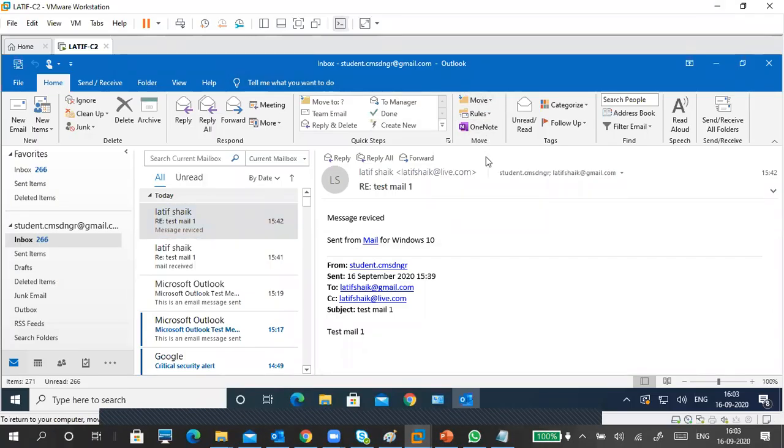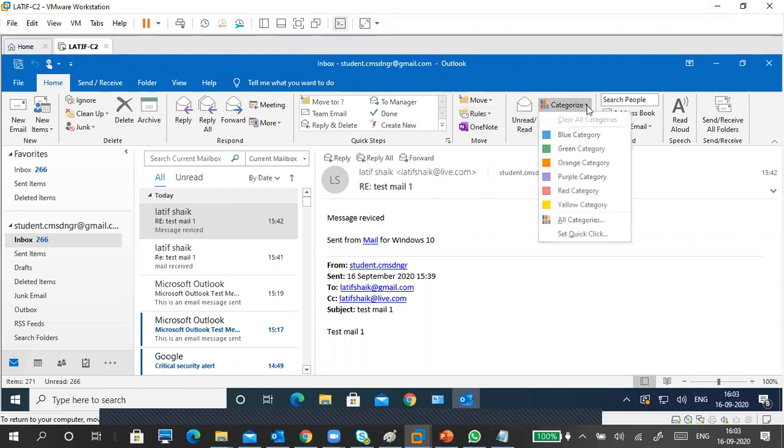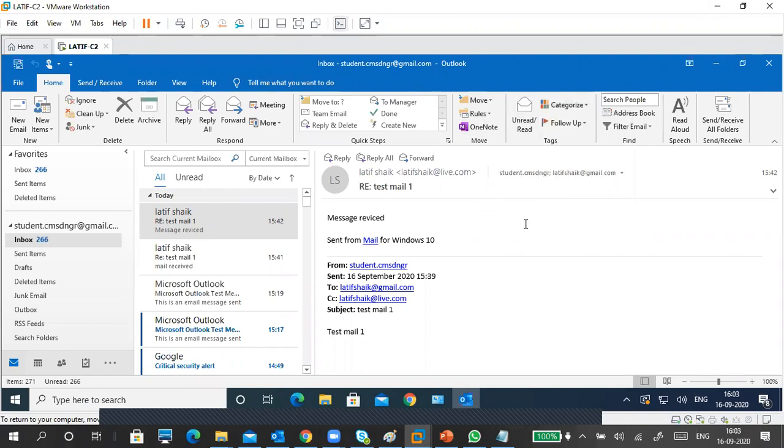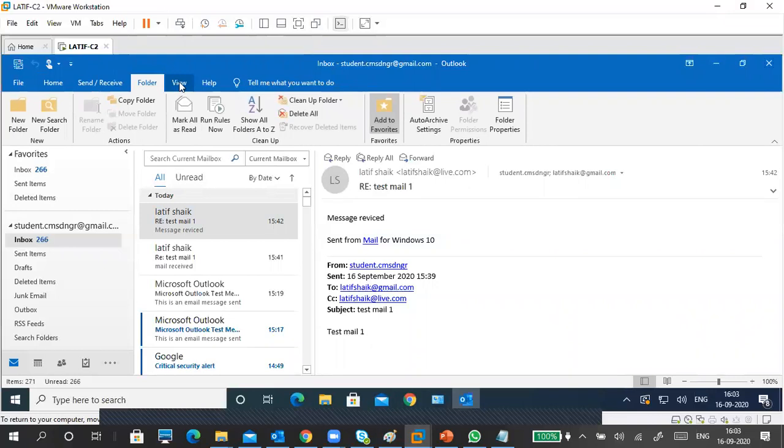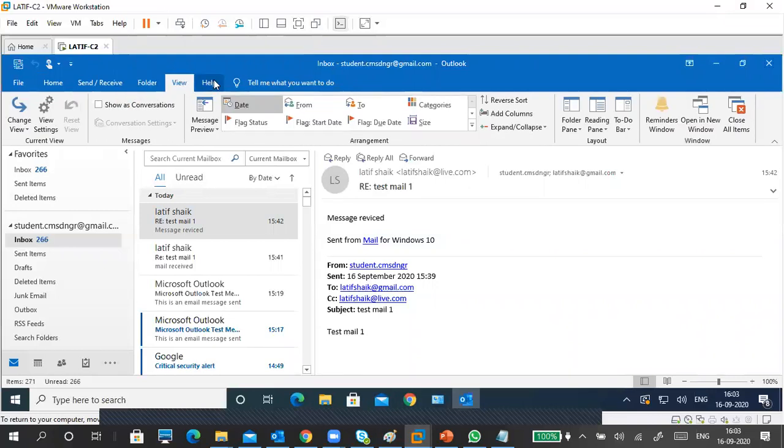Moving rules, I will tell the rules. This is a categorization of mailing. Some are very urgent, some are not even urgent. Some are in a red color like that. So you can categorize your mails also. Mostly I don't do all these things myself. When I teach also, mostly I give the chance to students, because you people have a lot of patience to open and do it.